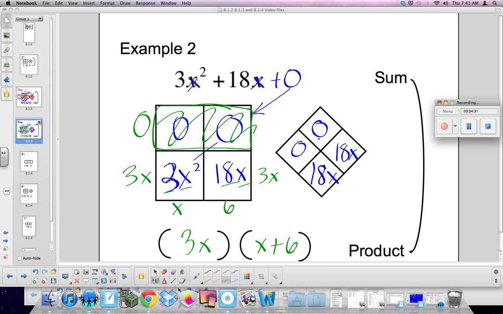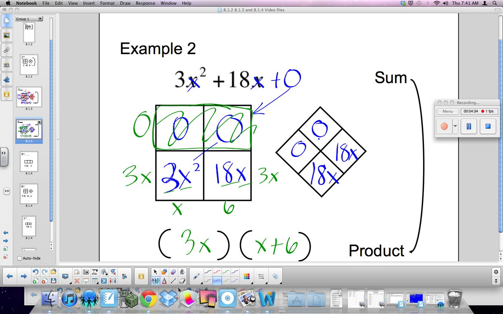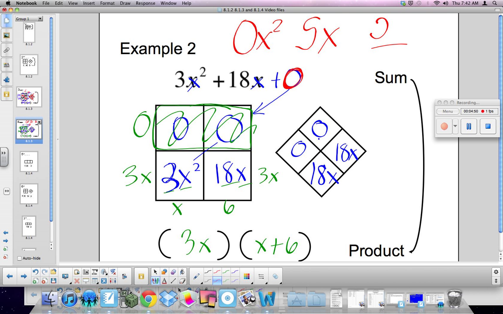So remember, the keys here are to figure out who is 0 and to put a 0 in for what's 0 every single time. You should always have an x squared term, an x term, and a constant number term. And if one of them is missing, then you'd have 0 of them, and you'd have numbers for the other two. So those are some keys. Always think about who is 0 and where it usually goes in the box or the diamond problem, and then factor from there. So good luck. Hopefully with this practice you'll become a little bit better at factoring and you'll be stronger on future